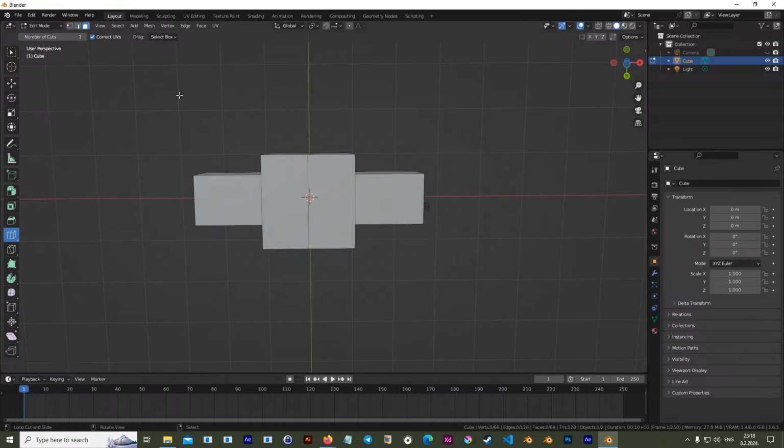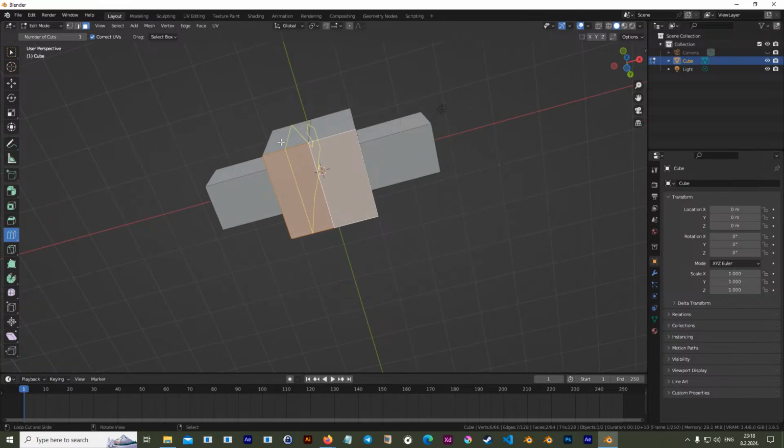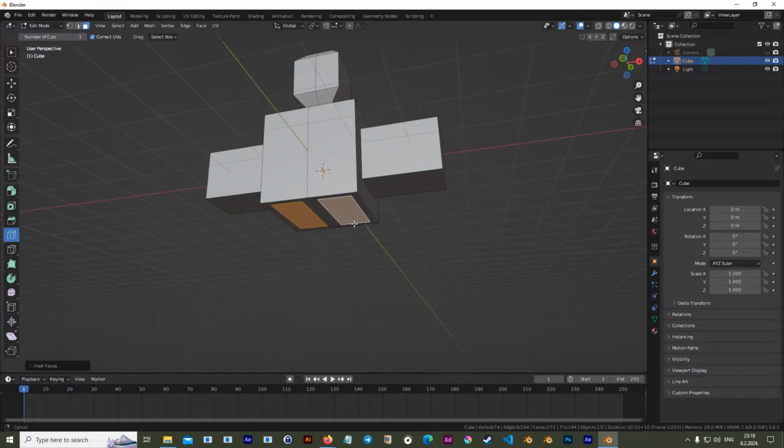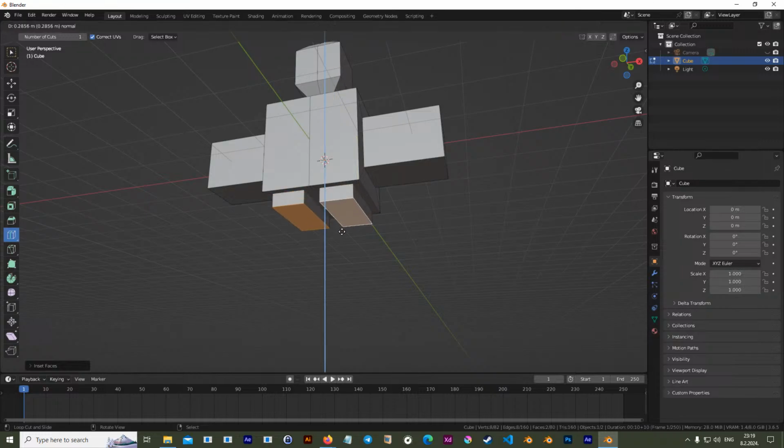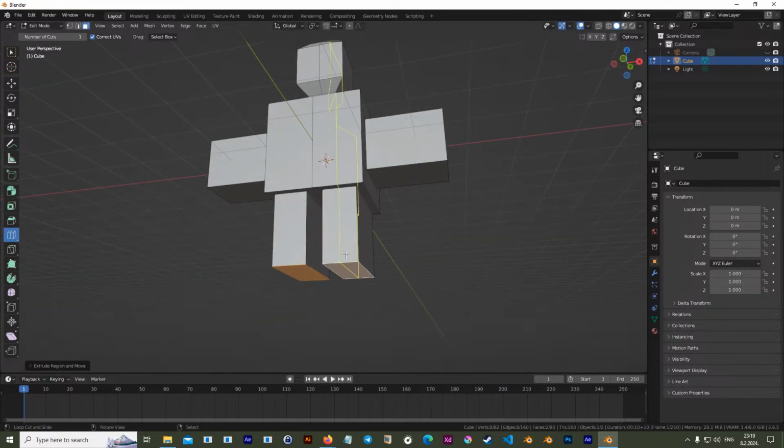Now at the bottom of your cube you have those two faces. Press I once, it's not good, they inset together. Press I once more, now they're insetting individually. Press E, extrude,